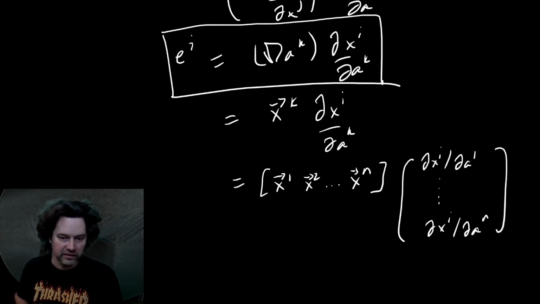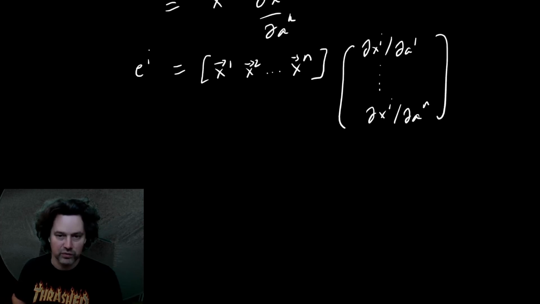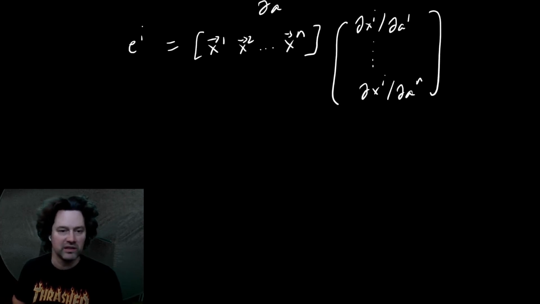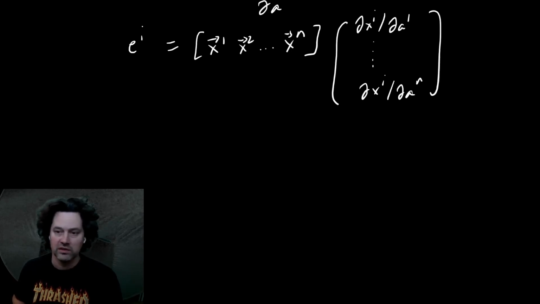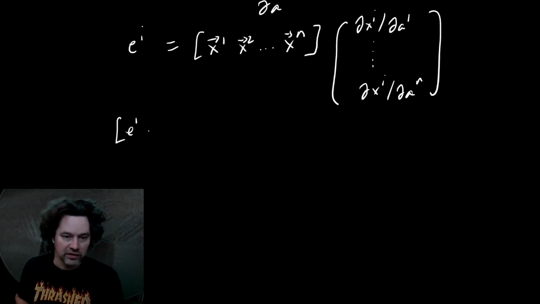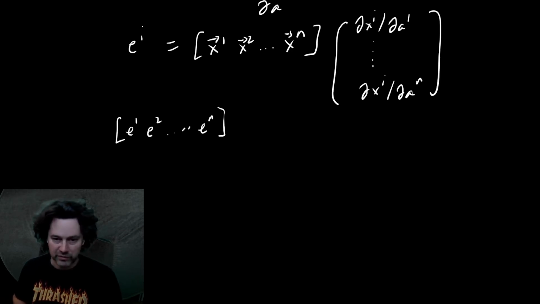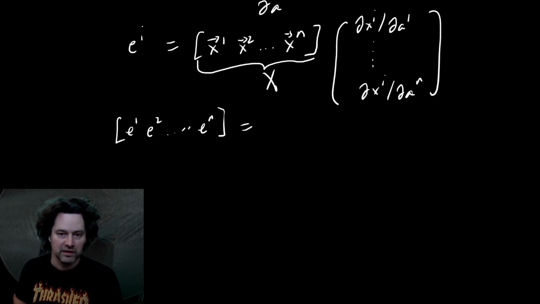All right, so, and this is E^i. So we've got the right side of this equation in matrix form, and the left side is not yet. So this is a vector, and we have a matrix times a column vector, and we could then form E1, E2 to En, which will just be an n by n matrix, equals, and let's call this part X,